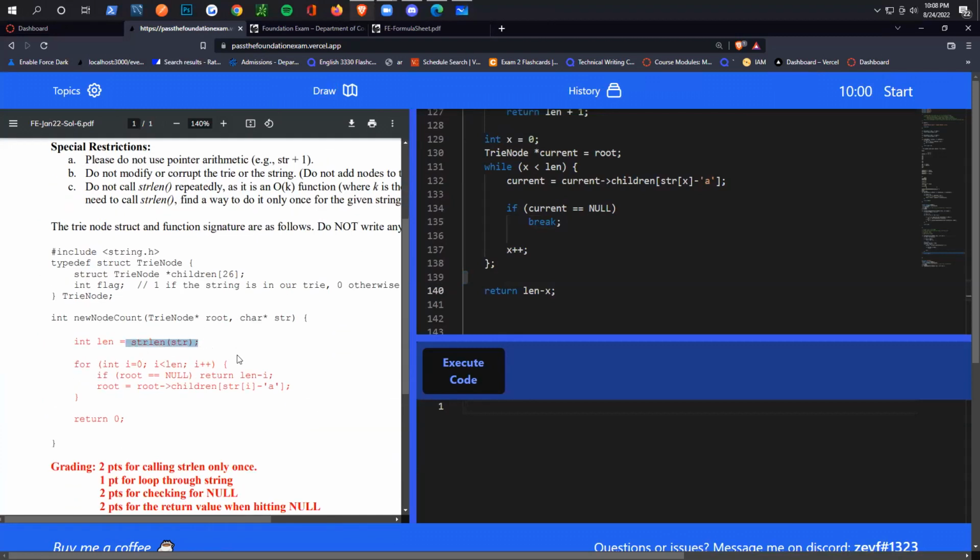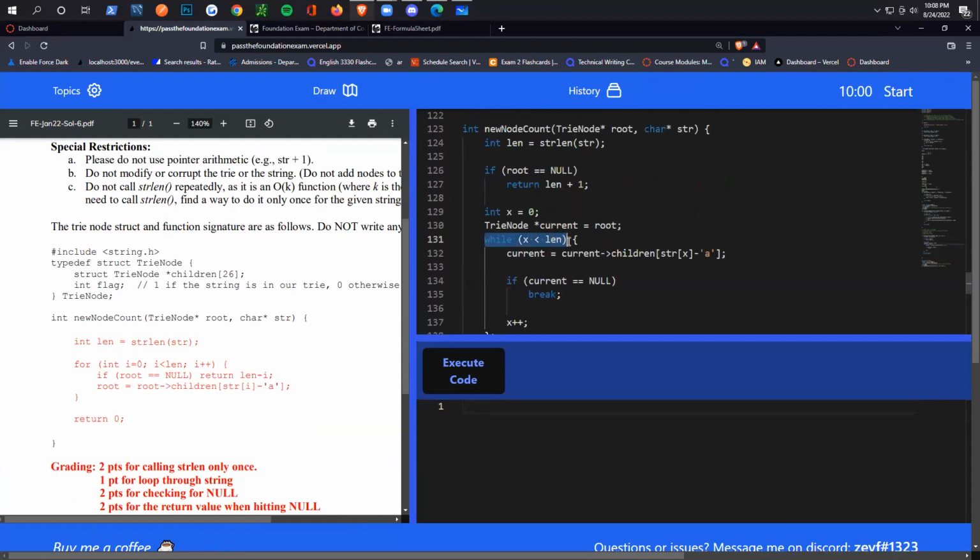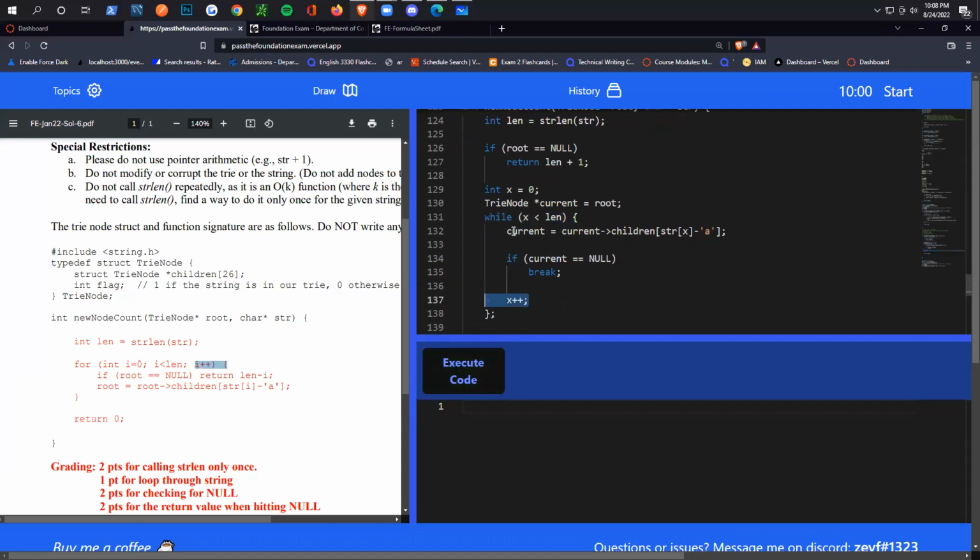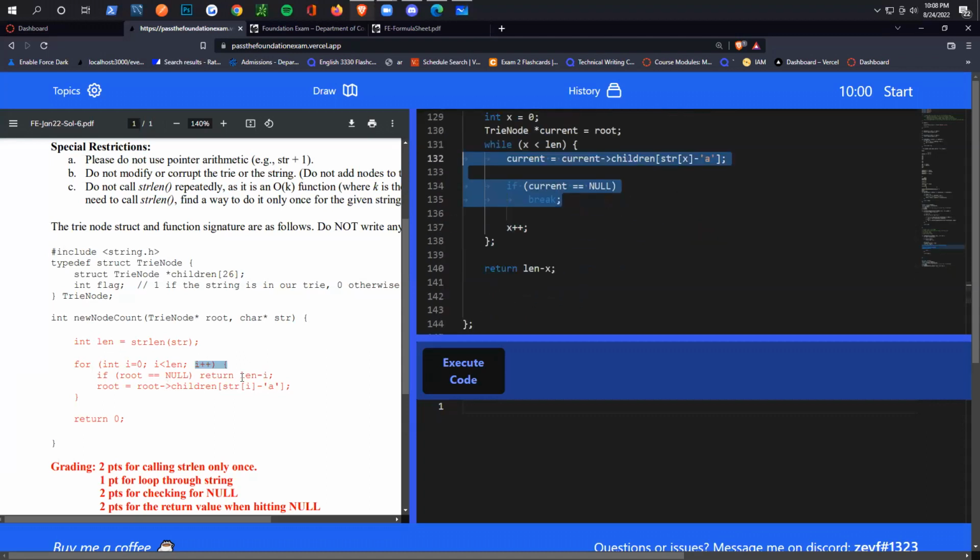Yep. So string length, iterate. They did a for loop. I did a while loop. If root equals null, so they actually ended up checking first, but the way I set up my code, I'm using while, so I'm not using a for loop. So I have to increment myself. And they did the same idea, but I end up moving first and then checking. They end up checking and then moving. So same exact thing. And like I said, if you get past this for loop, that means every letter's in